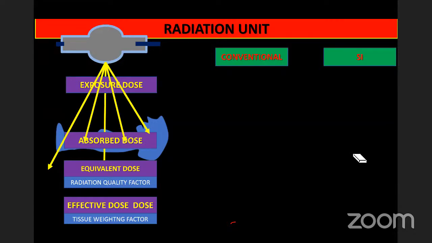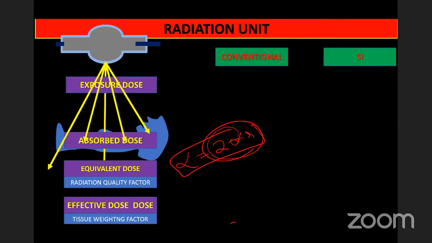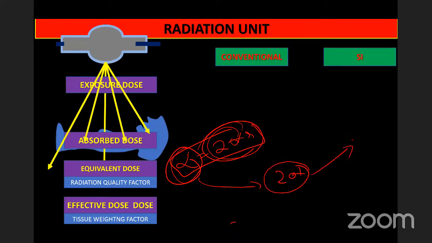So equivalent dose and effective dose are related to the absorbed dose. Equivalent dose tells which radiation is more effective: one alpha radiation exposure is equivalent to 20 X-ray exposures. That's why it is called the equivalent dose. Now if this one alpha radiation is exposing the brain and the pelvis, which is getting more damage is given by the effective dose.